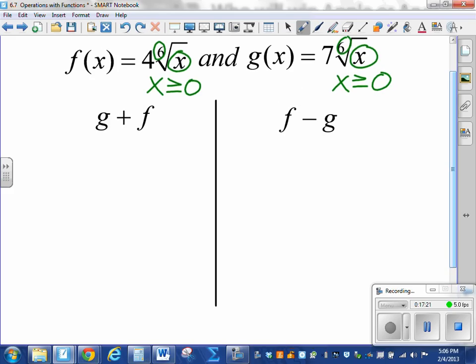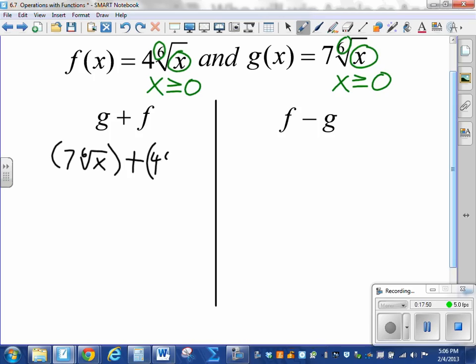Oh yeah, one more thing. You will notice that this one just says g plus f. That's another notation that they use to say you're adding functions together. It doesn't have to say g of x plus f of x. The g part and the f part do imply that you're talking about the function as a whole. So g plus f is going to be your g part, 7 6th root of x, plus your f part, which is 4